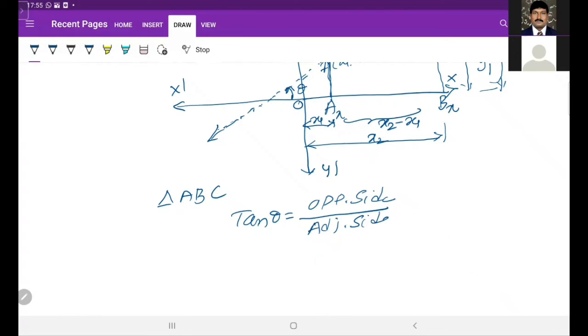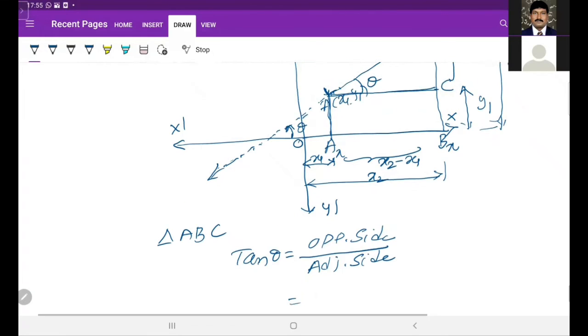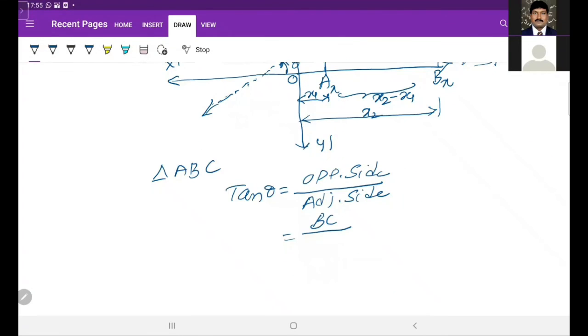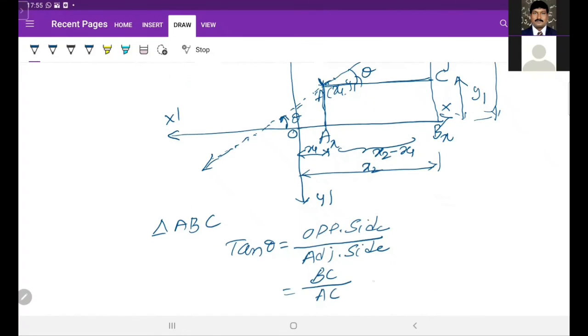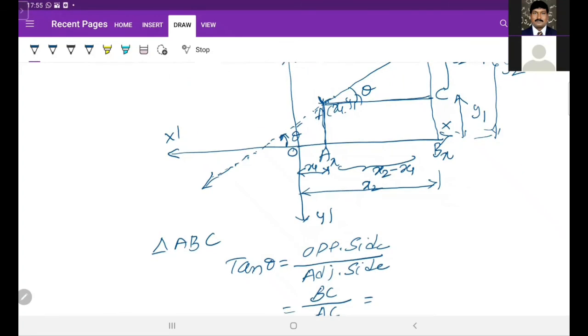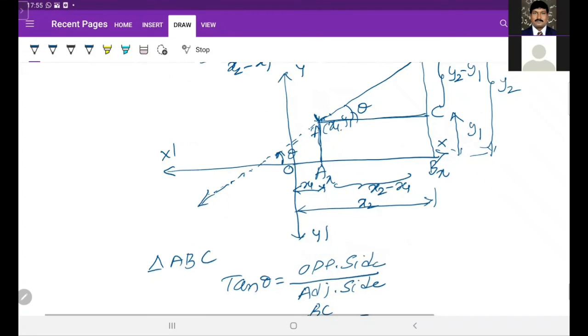The opposite side here is BC by AC. So BC value, how much now? From the triangle it is y2 minus y1. Understand? So it is y2 minus y1 by the AC value, which is x2 minus x1. Therefore